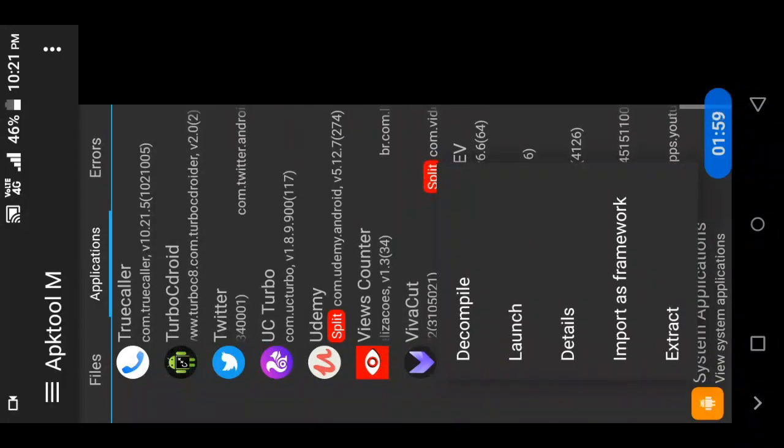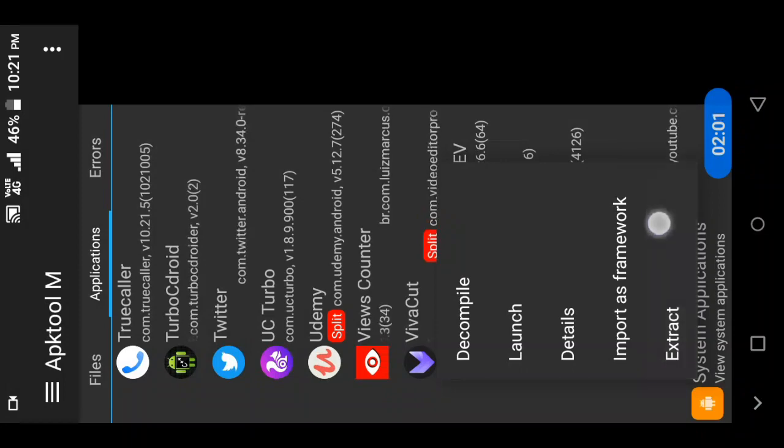What I'm going to do is click here and click extract. When I extract in APK Tool M, it will extract both the APK and the required configs, like you can see here, split config arm. So different types of APK will be bundled inside it.